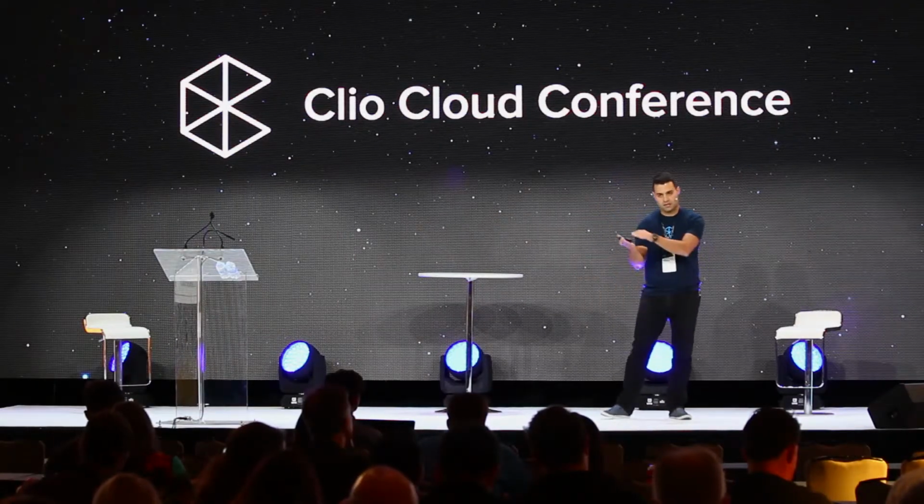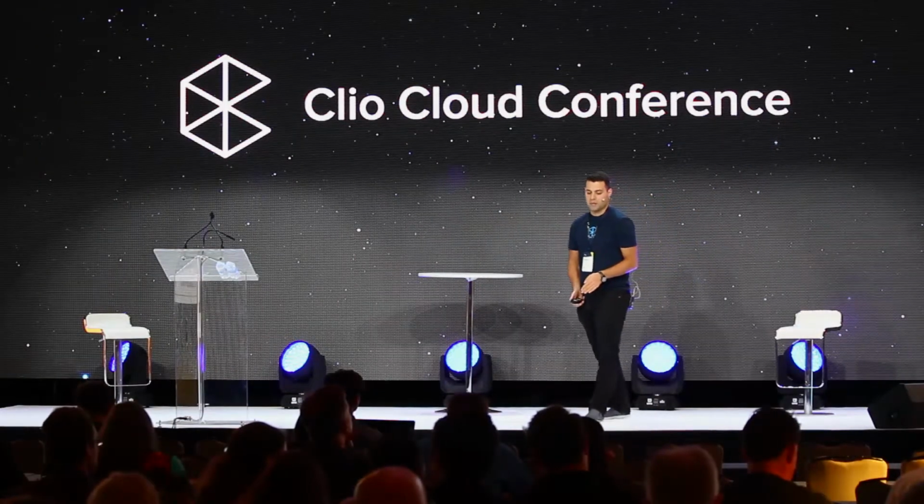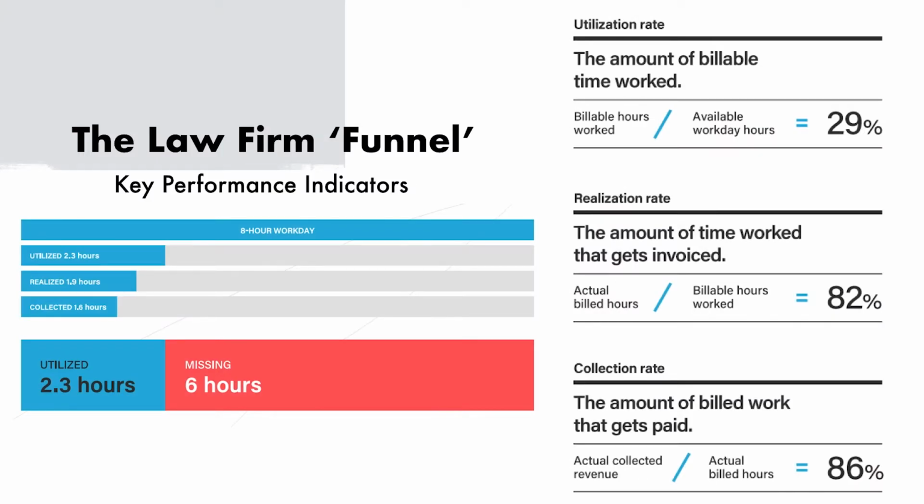I'll define it quickly, just because realization rates can mean different things. What we mean here is the billable value of the amount of time that was recorded divided by the billable value that was actually placed on an invoice. So if there's discounting, if there's sticker shock phobia taking place where people are like, oh man, I can't put that on the invoice, this is where this step of attrition happens. That came in at 82%.